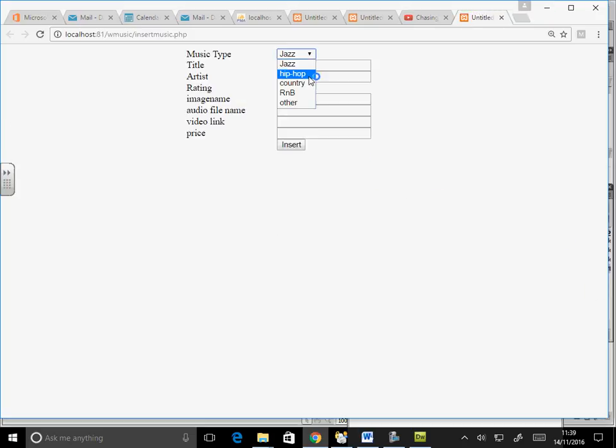Let's see it work. All that for nothing. Other should come up.